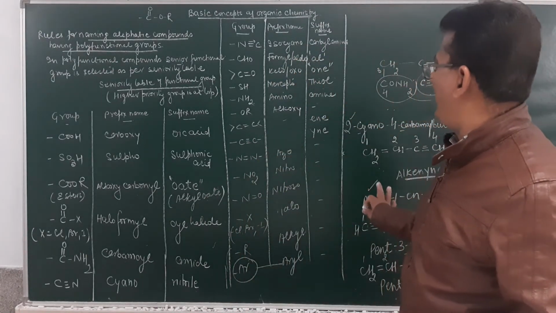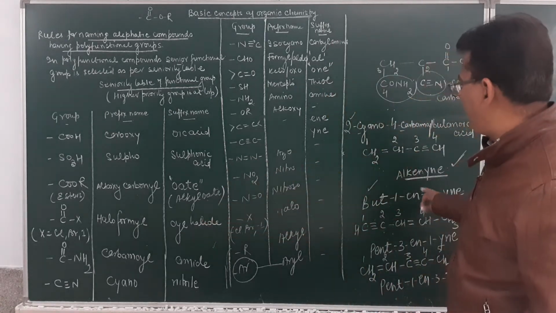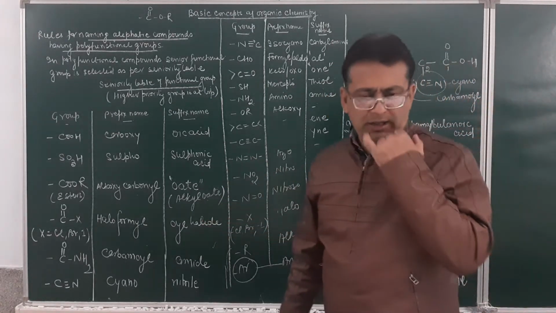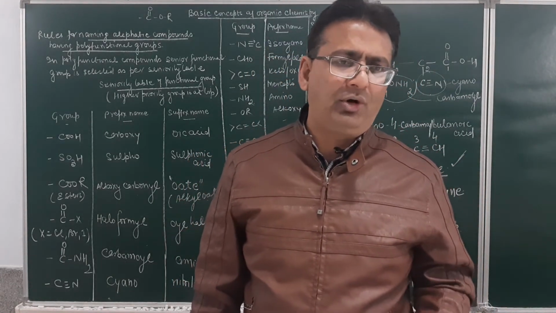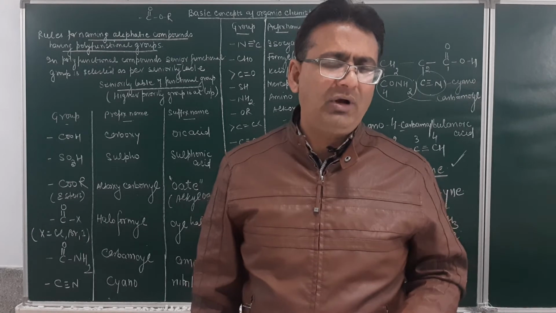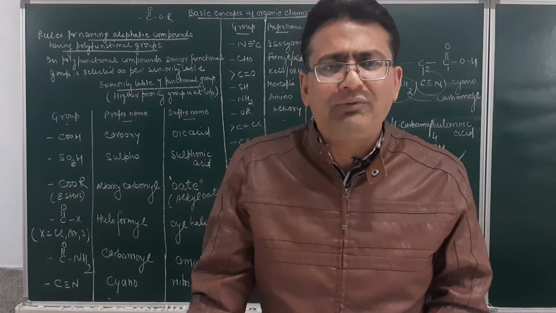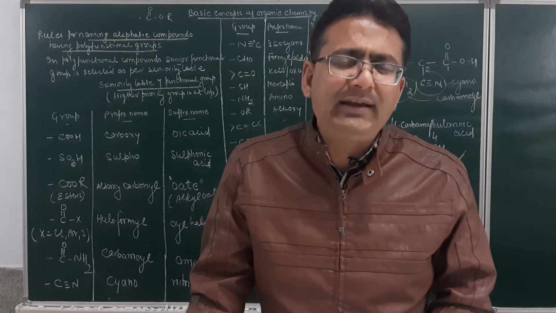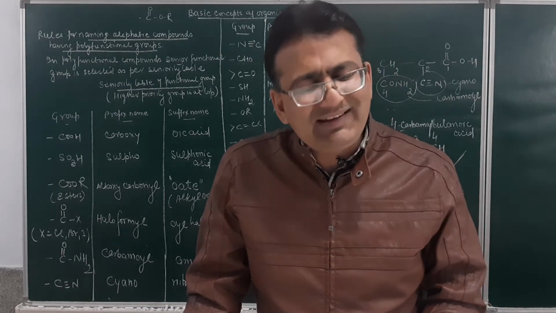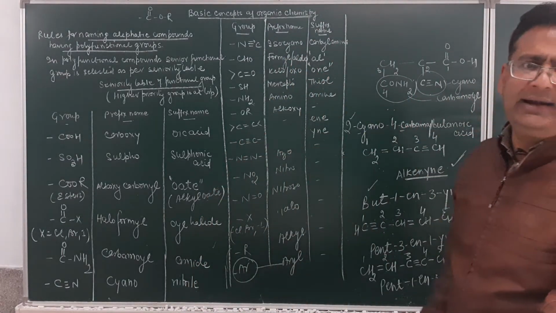I think I shall be very clear over here. The one which is more senior is always assigned a lower number. Between the double and triple bond, if both are getting the same number, always the senior group is the double bond, so it will be given the lower number. However, if they are getting different numbers, then whichever in the chain is getting a lower number must be assigned the lower number, and the base name will always be alkene-yne.